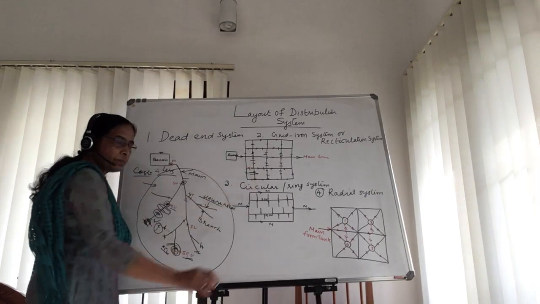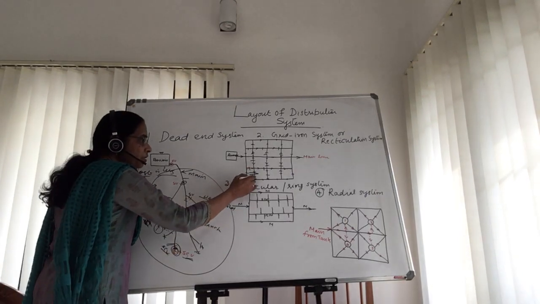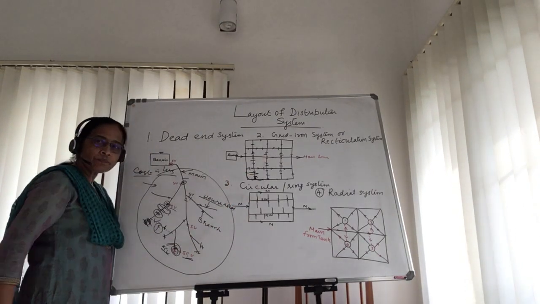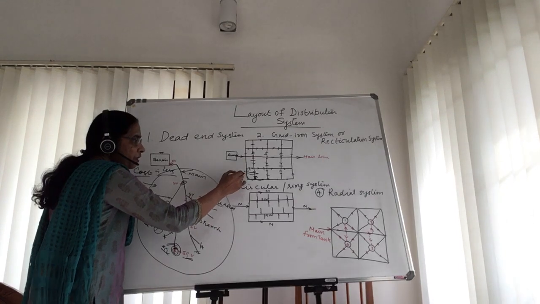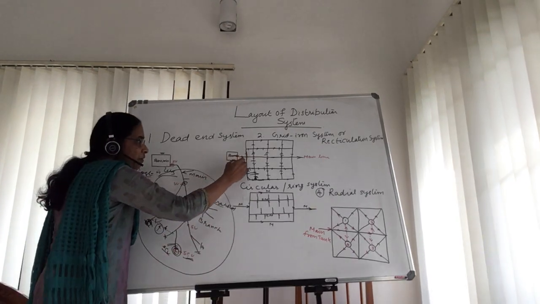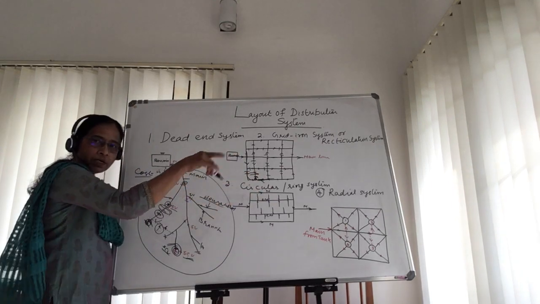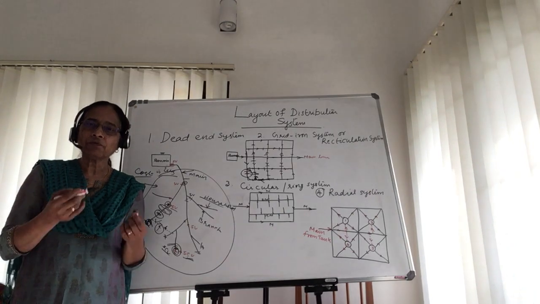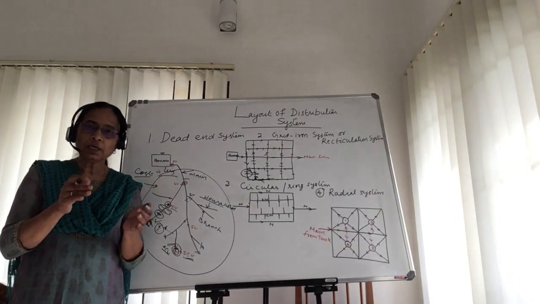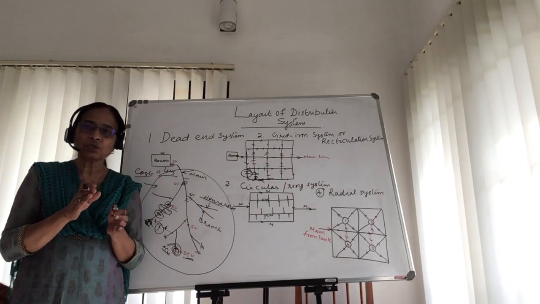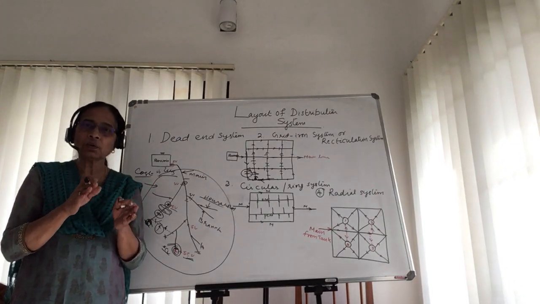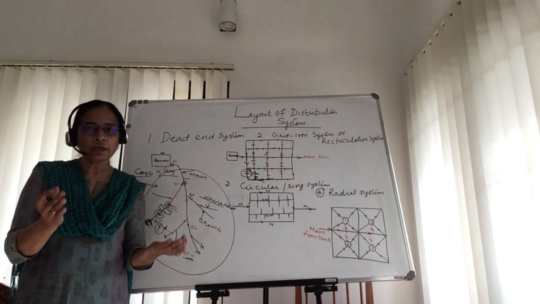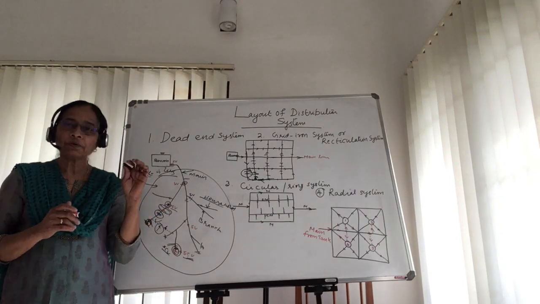say here there is a breakdown, then you can still supply water up to this household. It will flow from here. Or if there is a breakdown here, the water will come from here also. Here it is circulating. So whenever there is a breakdown in between, we can supply water from the other sides. Only the particular location has to suffer, or only that area has to close down, and after repair they can resume the supply. That is one advantage.